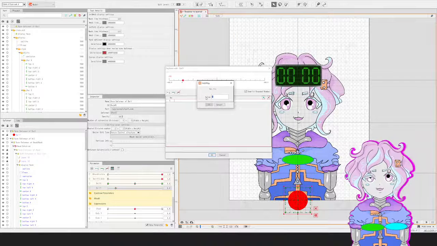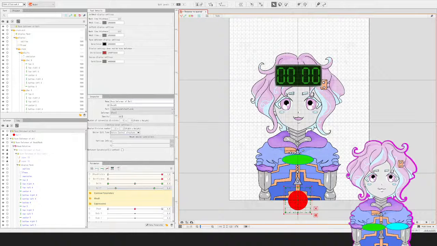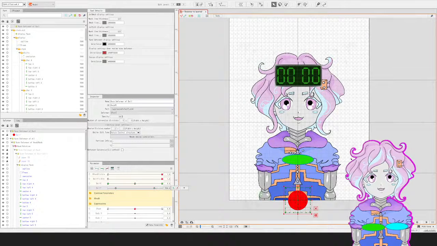And now with that, we add another keyform at 500. And for that keyform,